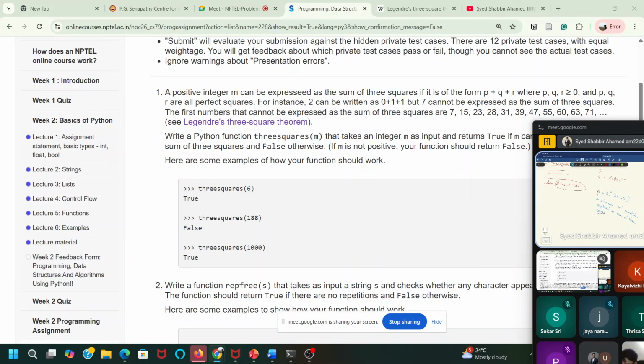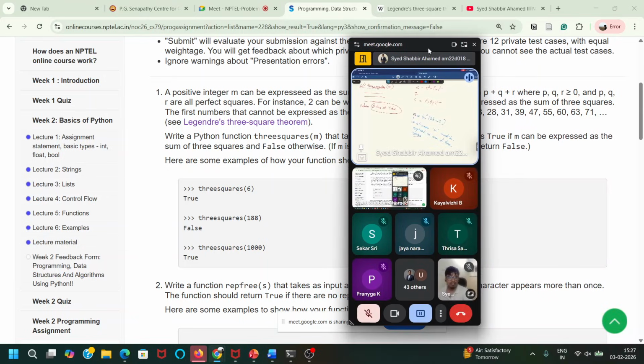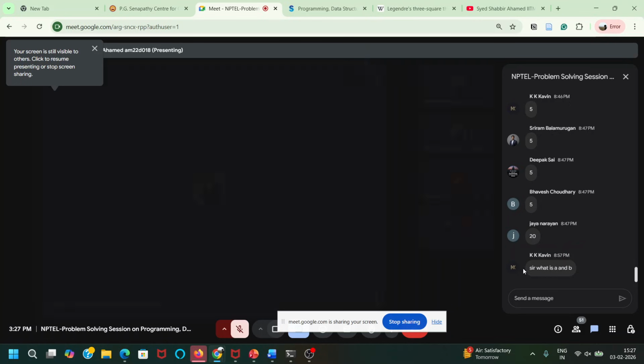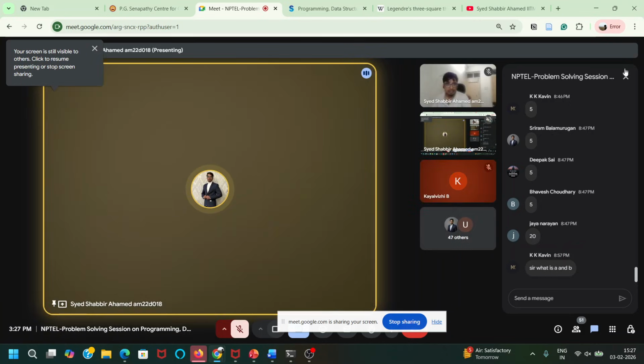So whatever the number you are giving, you have to check if your number m can be represented like this or not. Okay, that is our goal here. So we have to check. First thing we have to check is, somebody is asking something. What is A and B? I'll tell you.